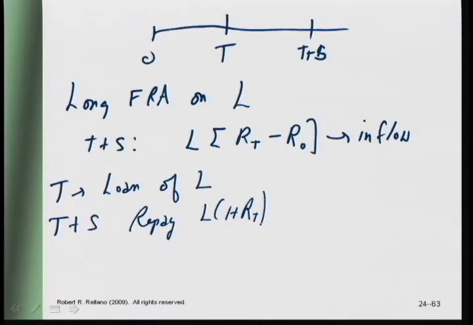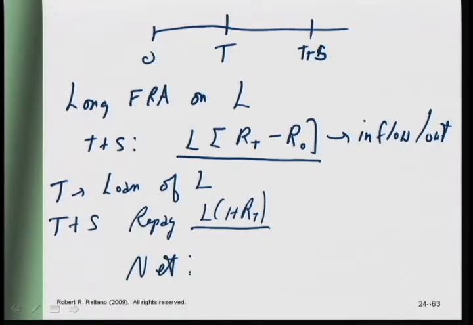Now, if you look at the forward rate agreement, which is an inflow or an outflow, depending on whether it's positive or negative, and the loan payment I make at the end of the period, and add them up, you see that I always on net pay L times (1 + R_0). In other words, a forward rate agreement, if I know that I'm going to make a loan at time T,